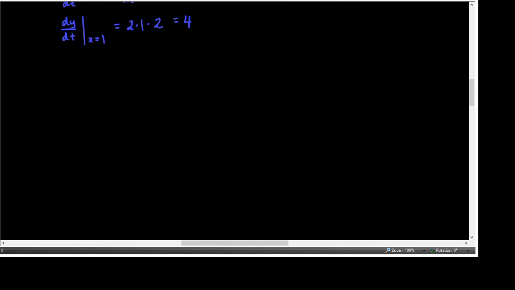All right, so we've got a pebble dropped into a calm pond, causing ripples in the form of concentric circles. The radius r of the outer ripple is increasing at a constant rate of 1 foot per second. Okay, as soon as I read that, when they give me a rate at which something's changing, I'm going to write an expression for the rate at which that thing is changing. dr/dt is the rate at which the radius is changing, and it's at a constant rate of